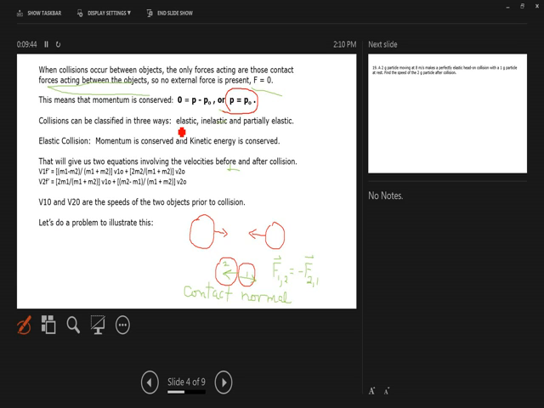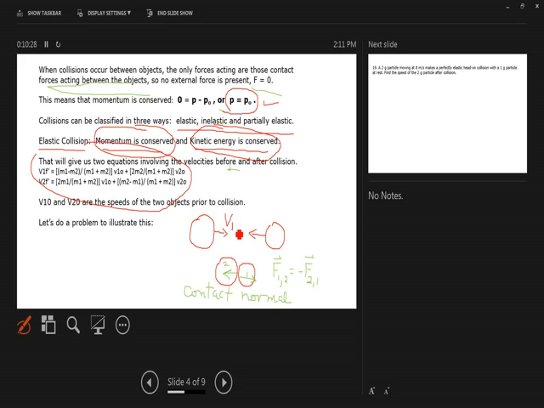conserving momentum, and there are 3 types of collisions that we can talk about: elastic, inelastic, and partially elastic. Elastic is an ideal case. In an elastic collision, momentum is always conserved, but kinetic energy is also conserved, a very special case. So if we set up the conservation of momentum principle between the two objects colliding using the above formula, and also set up a conservation of kinetic energy principle, we can derive 2 equations that relate the initial speeds,